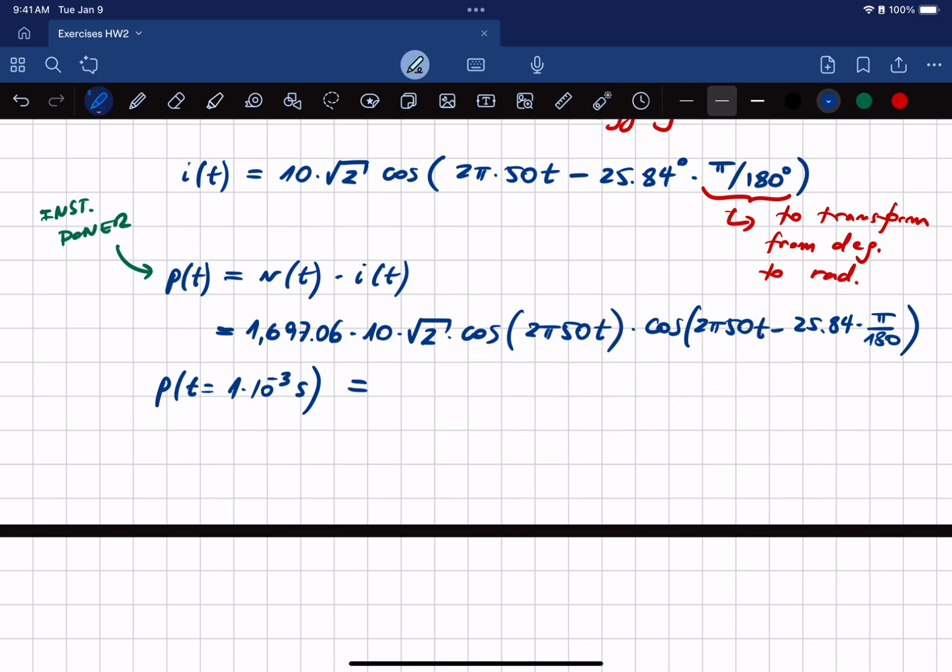So if you do this calculation, to avoid putting all this on the calculator, I did it already. So this should be 22,612 watts, which is equal to,